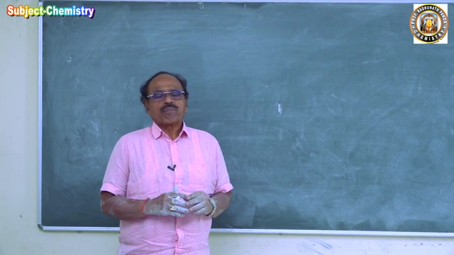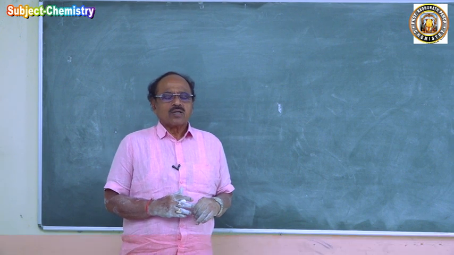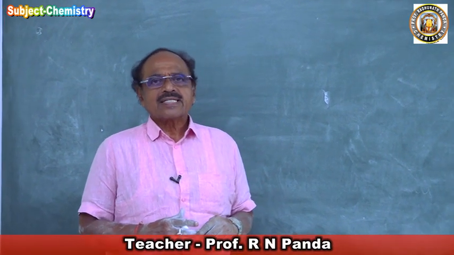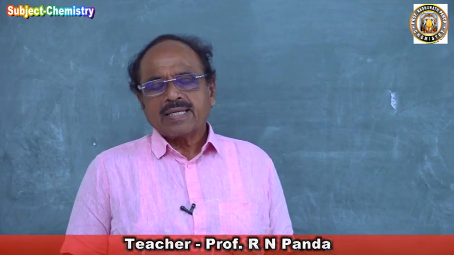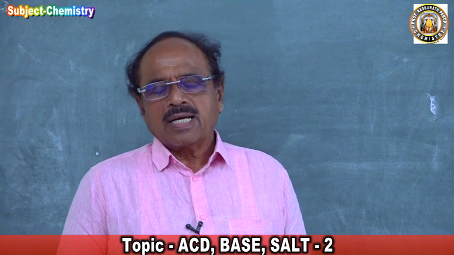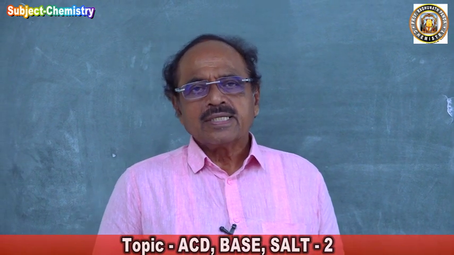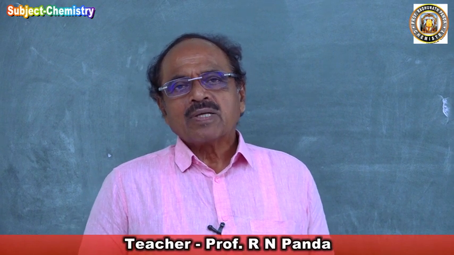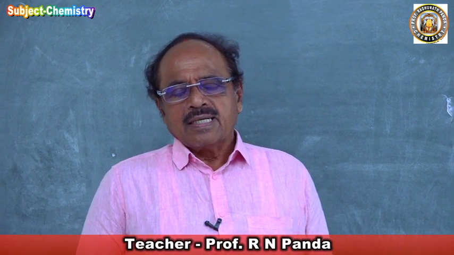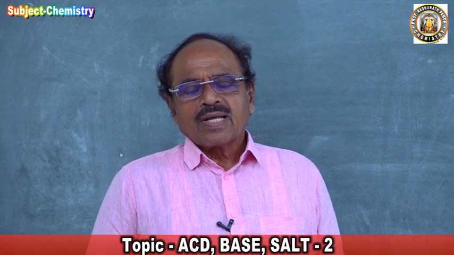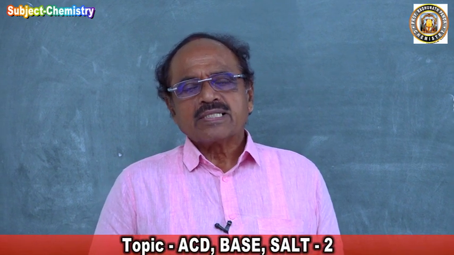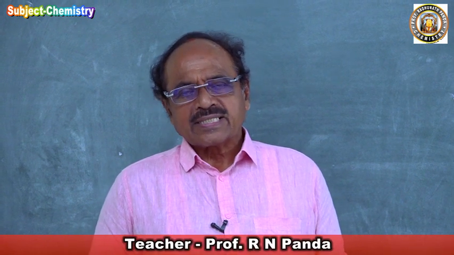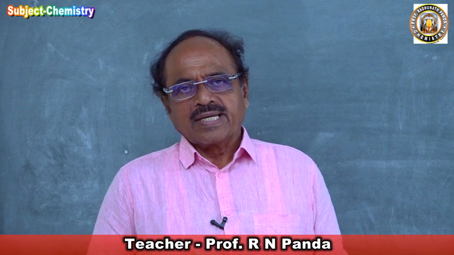Now we'll come to this. We have read in the last class what is an oxide and what are different types of oxides. When an element undergoes a chemical reaction with oxygen, it forms a compound. The compound is called an oxide. Depending upon the type of the element which is reacting with oxygen, the oxides formed exhibit different properties. Depending on the properties the oxides exhibit, they are named differently.